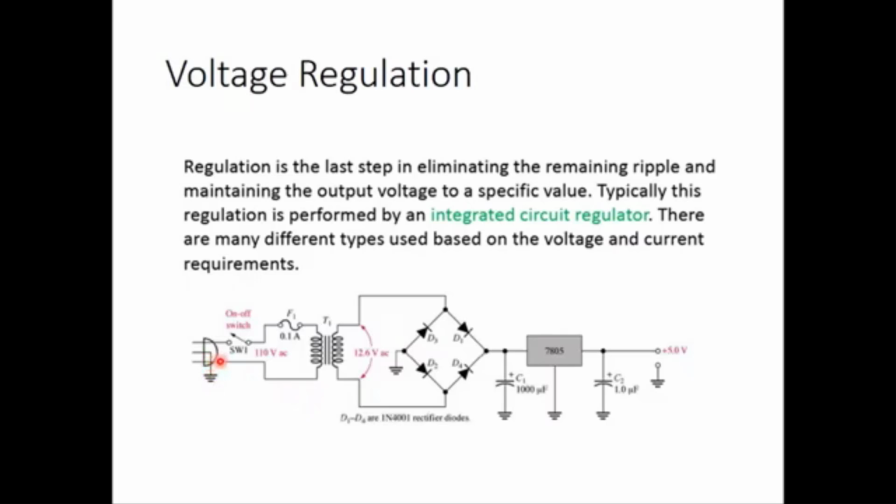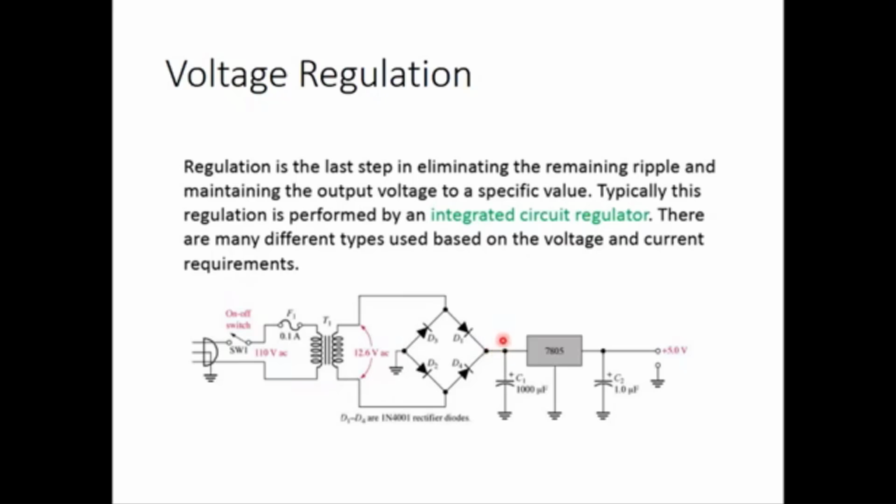First, the input will come from the wall outlet or electrical point. The electrical point is AC with a high amplitude, so it needs to be stepped down or reduced. The reduction of the amplitude is done by using the transformer. After that, the AC will be converted into DC using a full wave rectifier. For this example, this is a bridge rectifier circuit. After the rectifier, the signal will be in the form of a